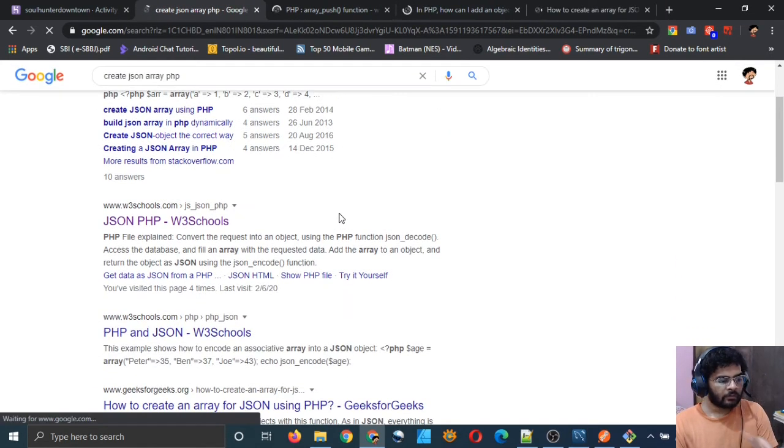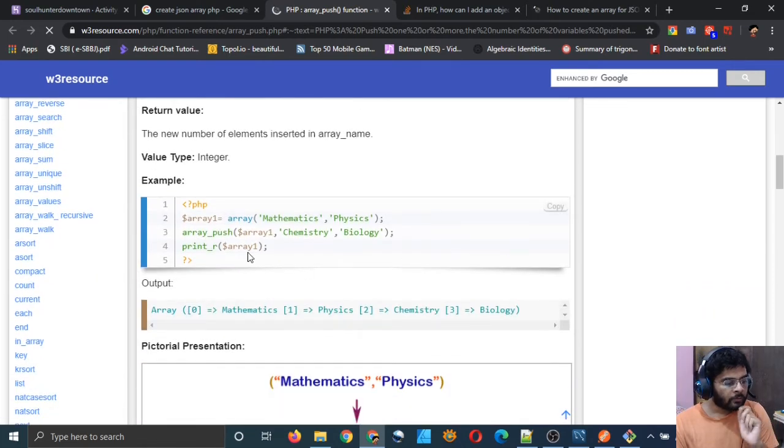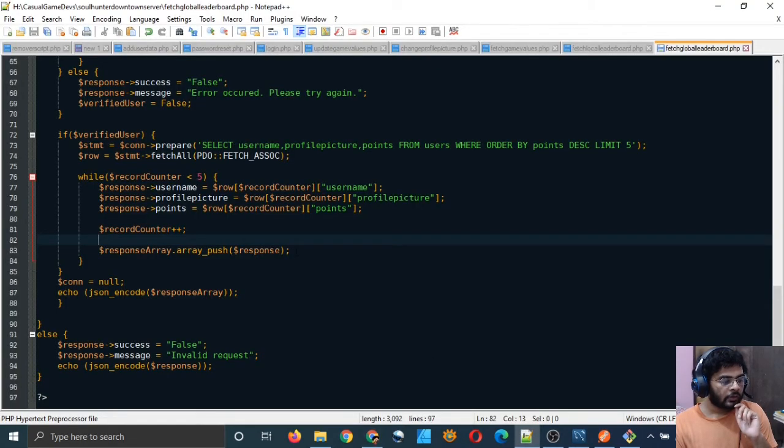Maybe there is some other function which is used to do that. Oh, array push, inside array push I have to actually type the array name and then the object. I see. So that is the syntax. My syntax was wrong. So let me do that.